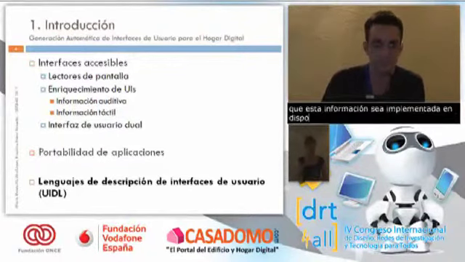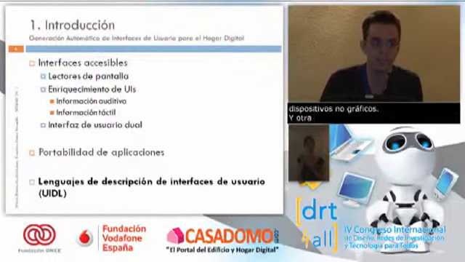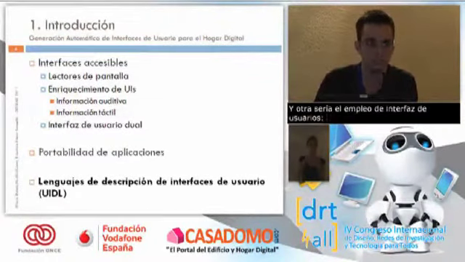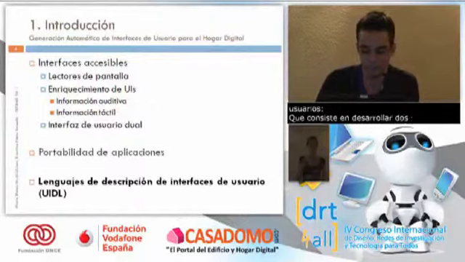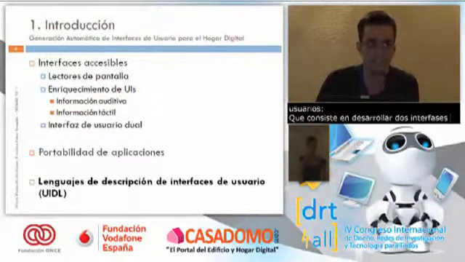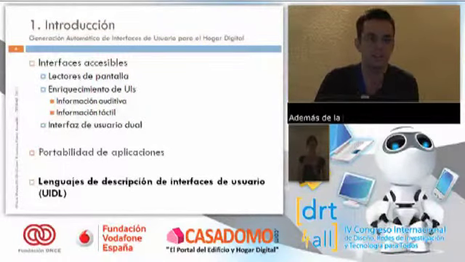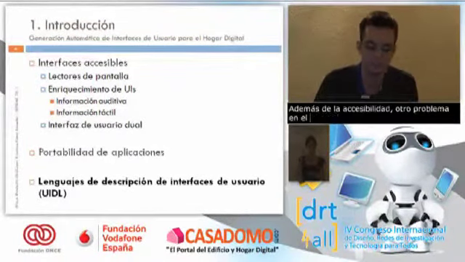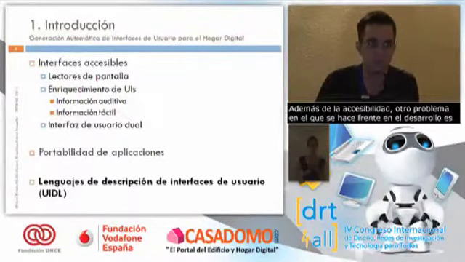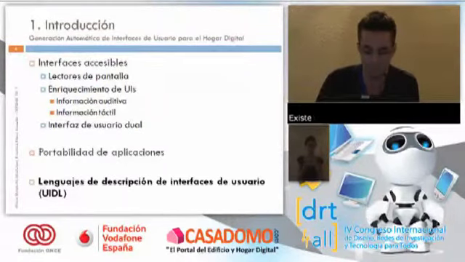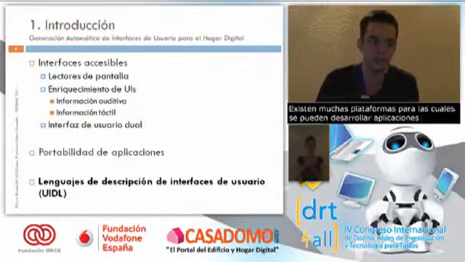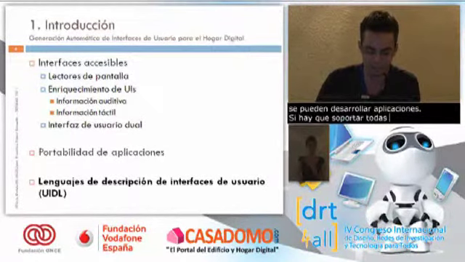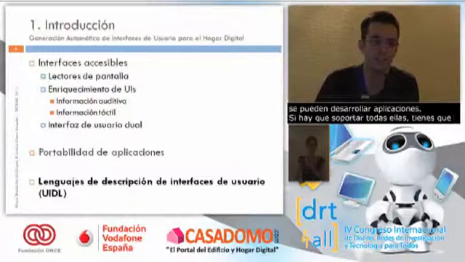And a third is the use of the dual user interface, which is two interfaces, visual and non-visual, that adapt to the user's needs. In addition to accessibility, another problem that we need to address is portability of the applications. There are many platforms that you can use to develop applications, and if you want to support them, you have to develop an interface for each one. So the solution here would be to